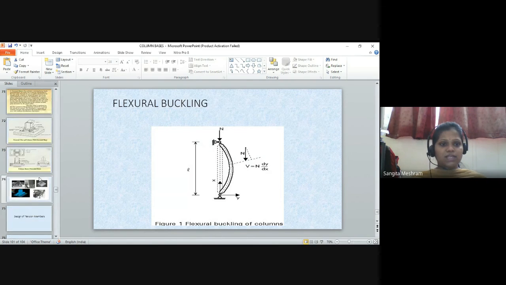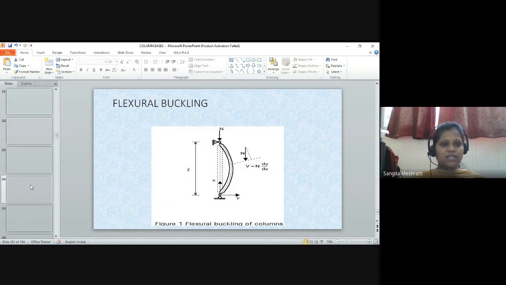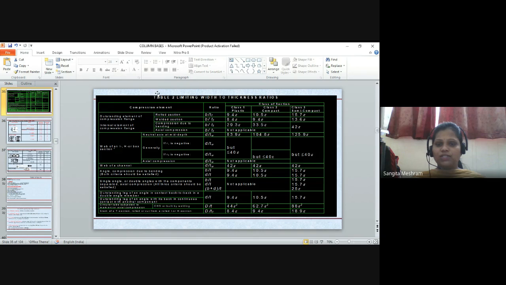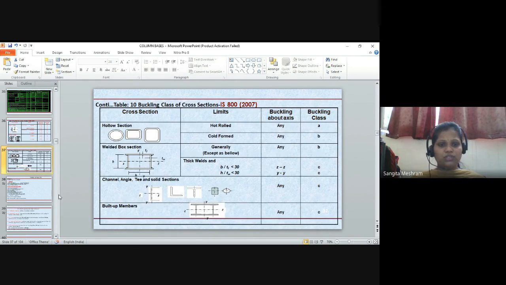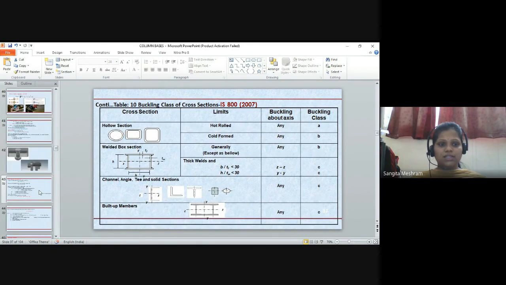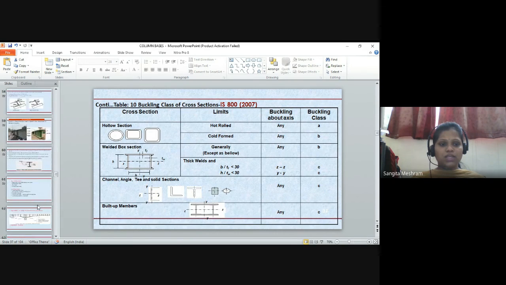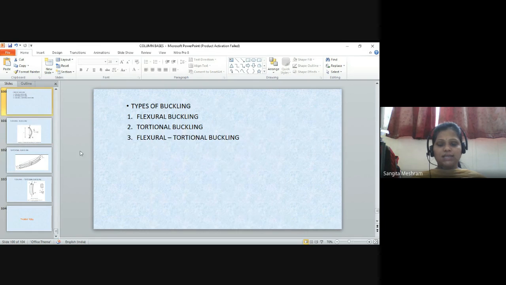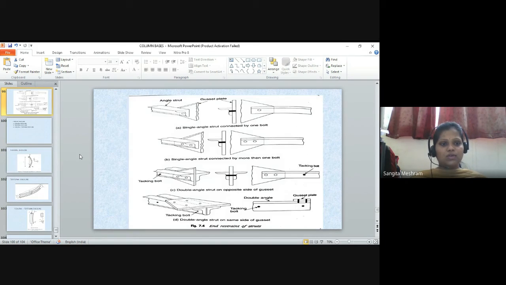In the previous lecture, we have seen this one table which is related with the tension member. Okay, so we already saw this. This table can be used to classify the section: plastic, compact, semi-compact section, or we can use different sections: angle, channel, T, solid sections. So all these sections are used in case of tension and compression members. So these are the three types which are related with the compression member.